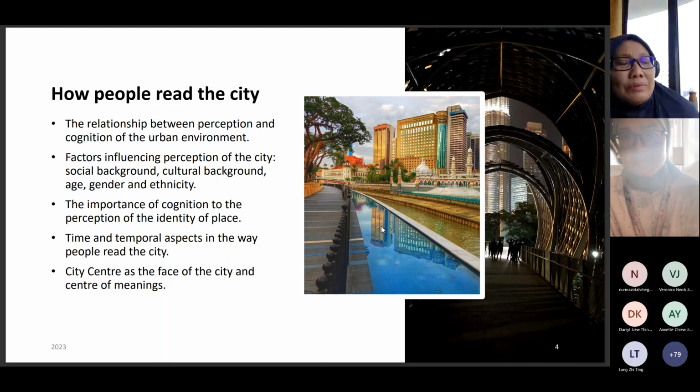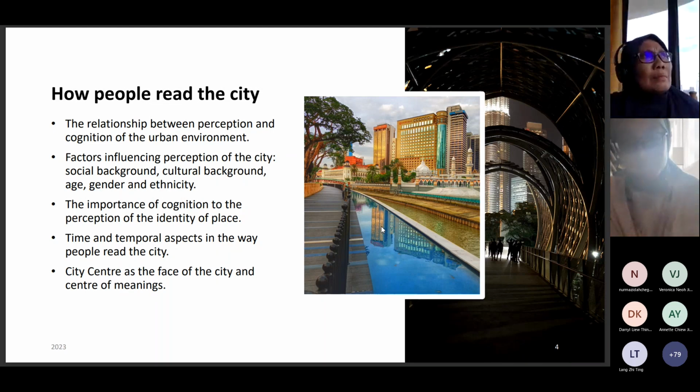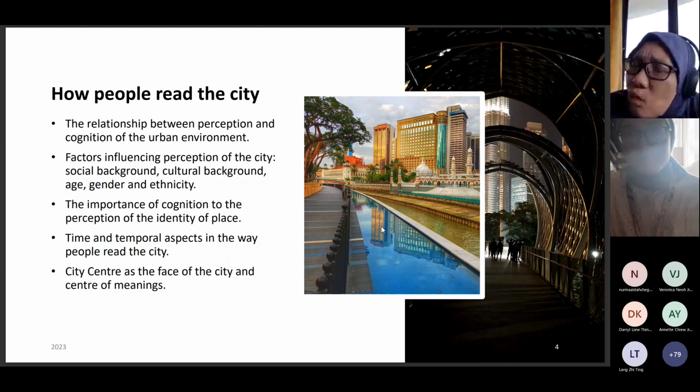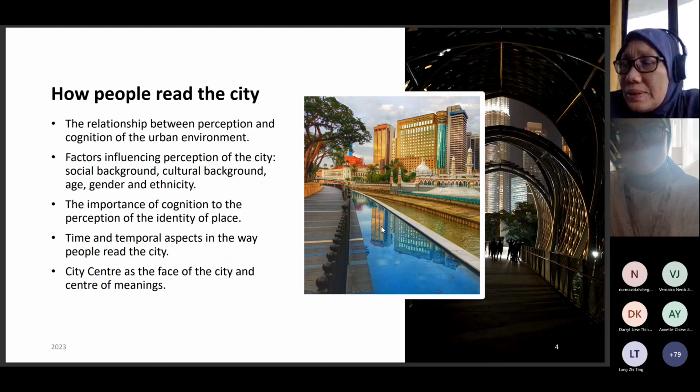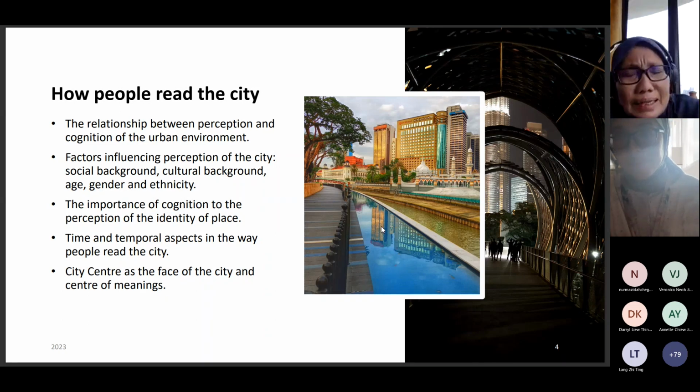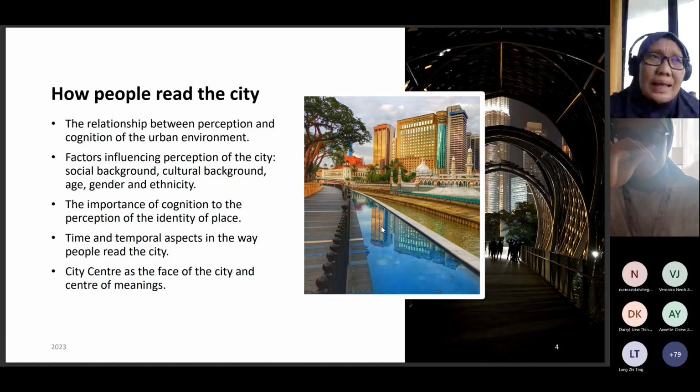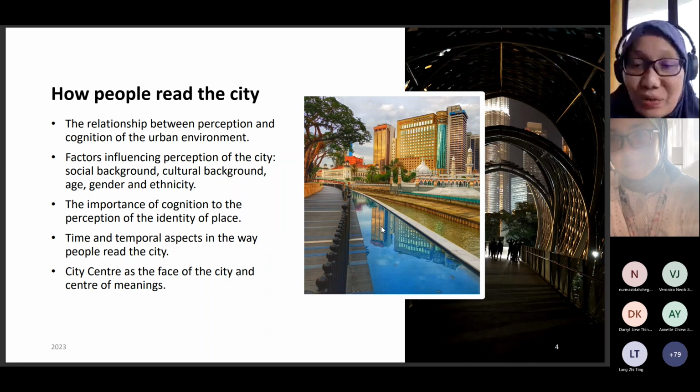I think in Malaysia we're not really, like I said, very vocal in the way we express our attachment to places and the resistance. But slowly I see a growing trend now. If you look at every time the local plans are being exhibited, and the process of gazetting the local plans involves public exhibition and getting feedback from the public, you notice that in KL it's very difficult for the local plans to be gazetted, because there will always be